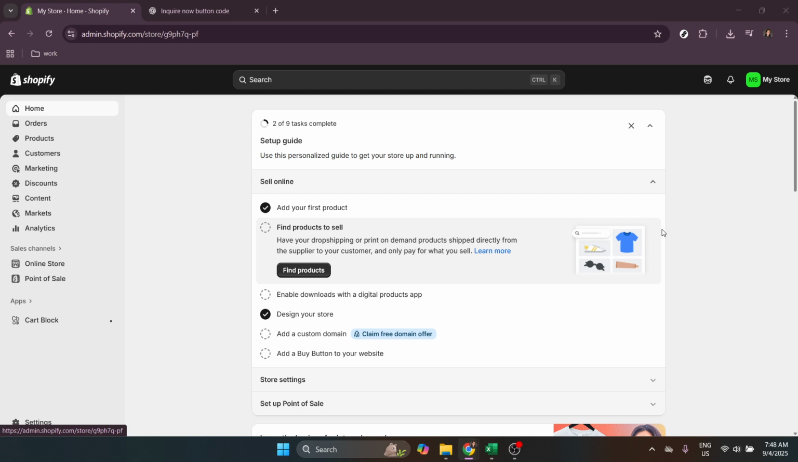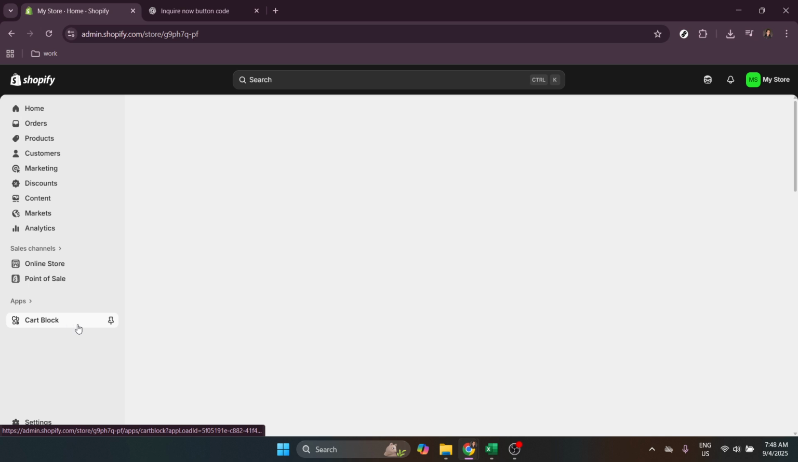Type in Cart Block in the search bar. Cart Block is a powerful tool that allows you to set up various shipping rules, including the prevention of orders being shipped to P.O. boxes. If you haven't already installed Cart Block, you'll need to hit the install button. It's a straightforward process, much like installing an app on your smartphone. Once the installation is complete, you'll have access to a whole suite of options aimed at improving your order management